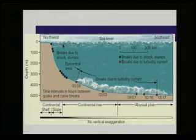This diagram shows the results of a turbidity current, though no one witnessed it. In 1929, an earthquake occurred off Newfoundland, and then there were successive breaks of a telephone cable. Yes, this was before satellite communications. Originally, it was thought that the earthquake caused the breaks, but in 1949, scientists who were investigating it realized that the earthquake generated a turbidity current, and it was the turbidity current that moved rapidly along the seafloor and broke